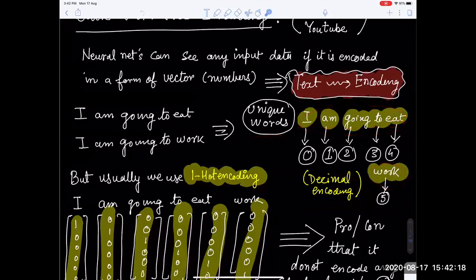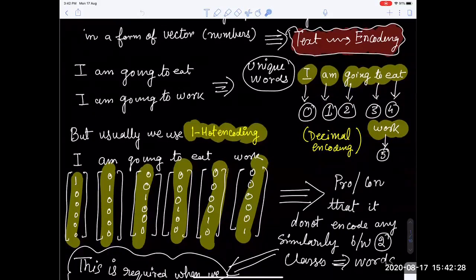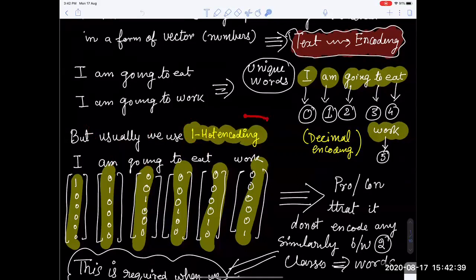And for each and every word, you could give a decimal encoding, 0, 1, 2, 3, 4. Can I use this type of decimal encoding? Then you will say no, we usually use one hot encoding. If these are the one hot encodings for all these words, we are also okay with this. Now, can you tell me why we are not using one hot encoding